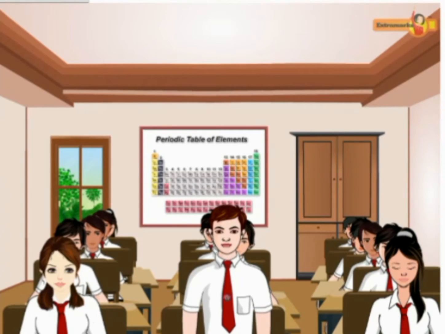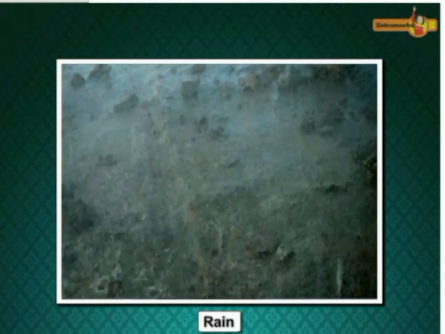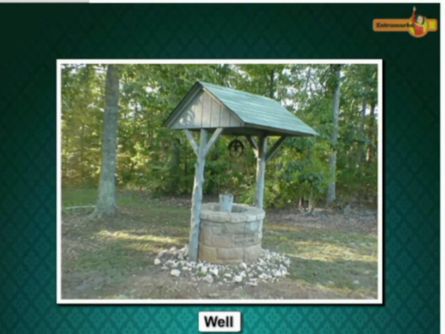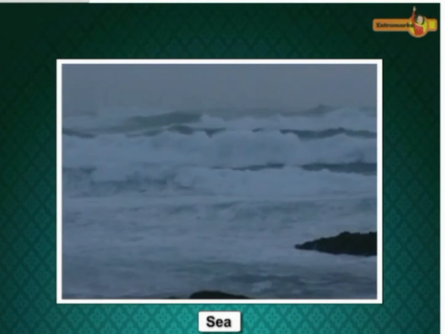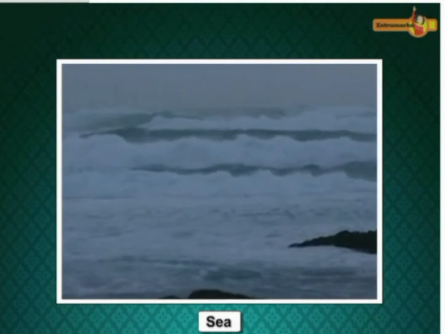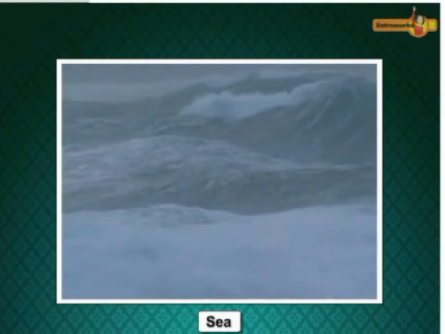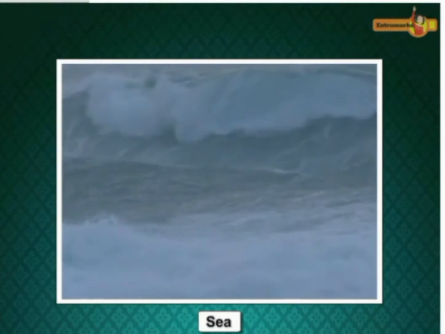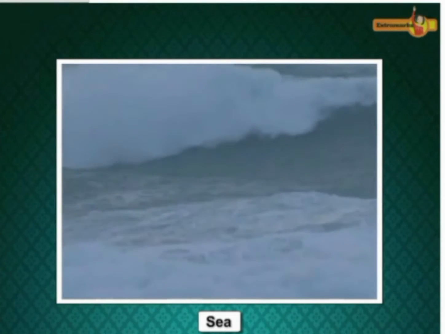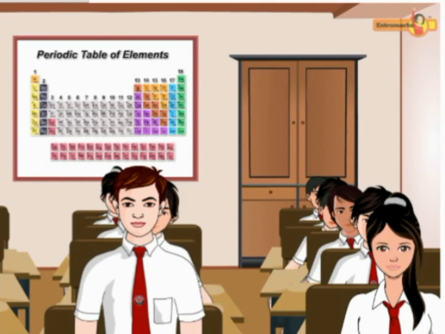Yes, ma'am. Rainwater acts as an atmospheric purifier and it contains lots of pollutants. Well provides us with groundwater. It contains minerals such as iron, arsenic, etc. Seawater contains dissolved salts, or we can say that seawater is saline in nature. But Harry, do you know that